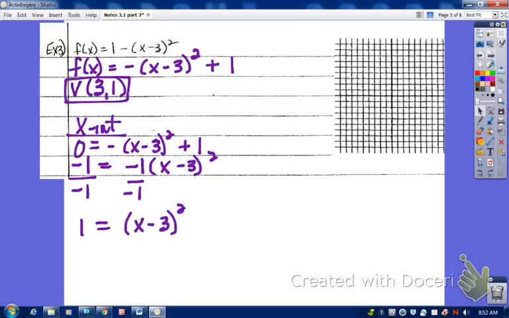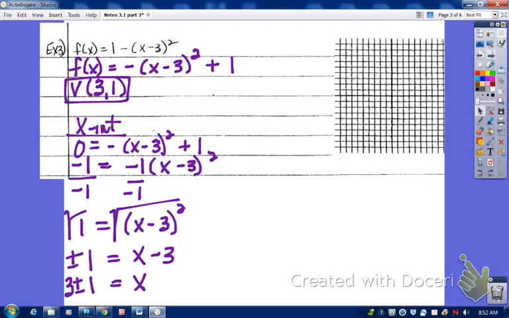And now you can take the square root of both sides. Your binomial squared has to be completely by itself before you can take the square root of both sides. So the square root of 1 is plus or minus 1 equals the square root of (x minus 3) squared, which is x minus 3. So x is going to be equal to